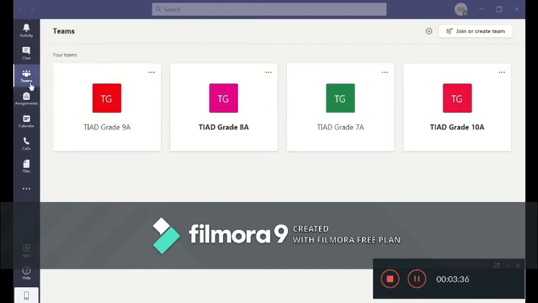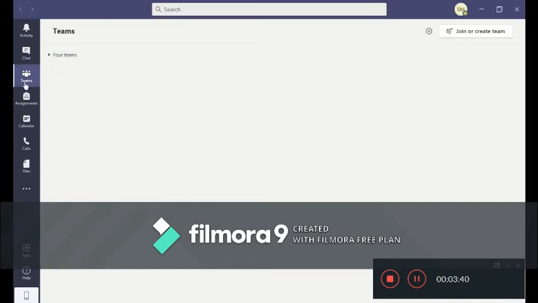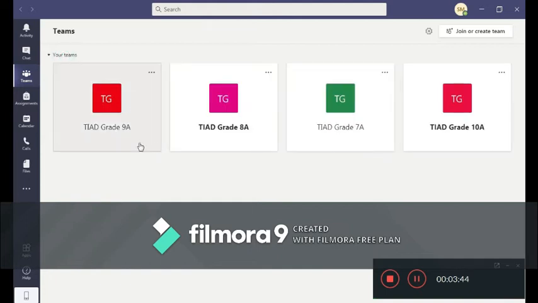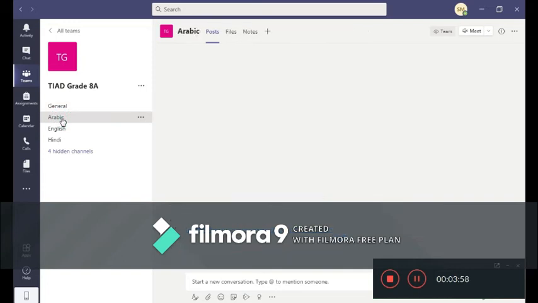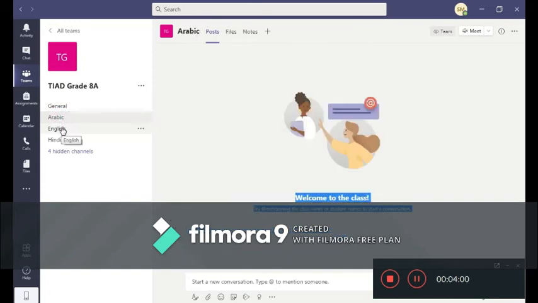I have clicked on Teams, and these are my teams. I'll just show it once more. When I click on Teams, and I see my groups, these are the groups where I teach grade 7, 8, 9 and 10. It will be in front of me. Let me just click on any one class. When I click on that class, I can see this is the general, and then these are the channels. Those are created under that group. That means your subject classes.